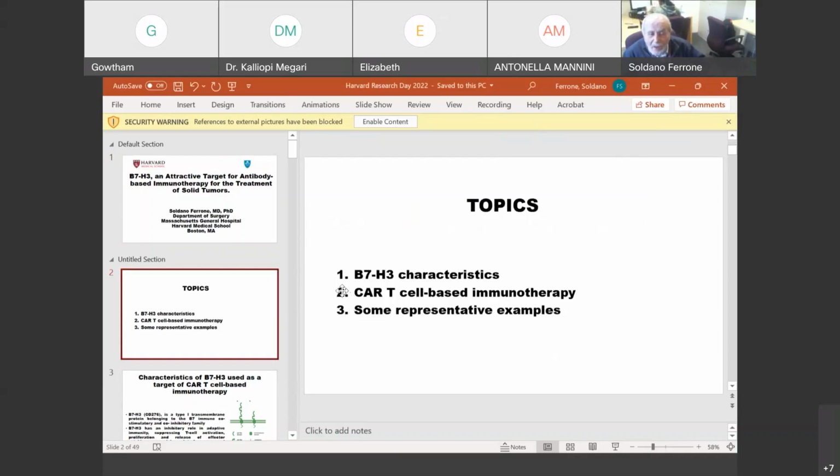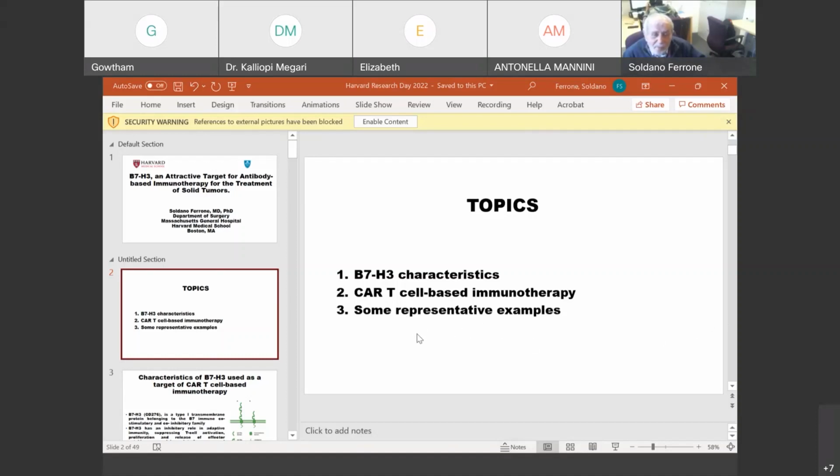First, I will describe some of the characteristics of the tumor antigen which we use as a target. Then I will give you some background about CAR T cells and why we utilize CAR T cells as an effector mechanism. And finally, I will show you some results which we have obtained